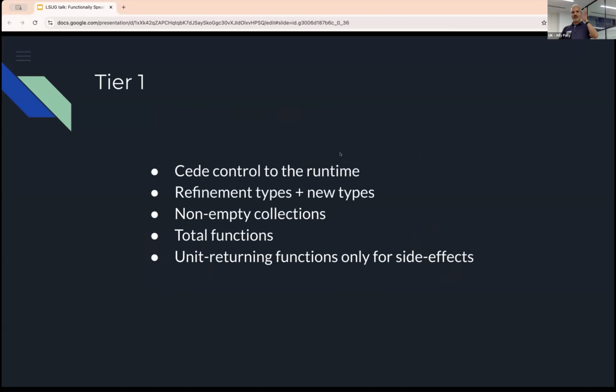So let's look into, first of all, the techniques that, for me, will play in the context of a tier 1 team or a tier 1 project. So first of all, ceding control to the runtime, then using refinement types and newtypes, enforcing non-empty collections, making use of total functions, and also using unit-returning functions only for side effects. So,